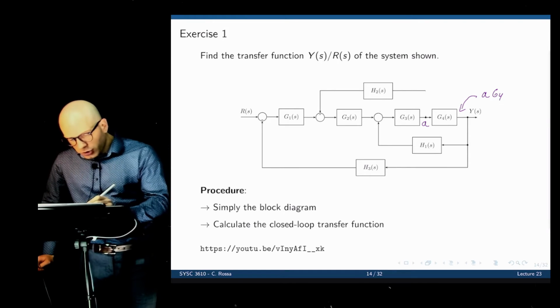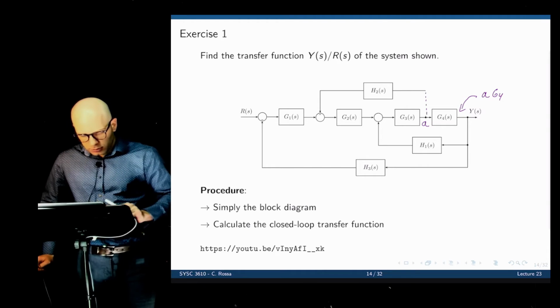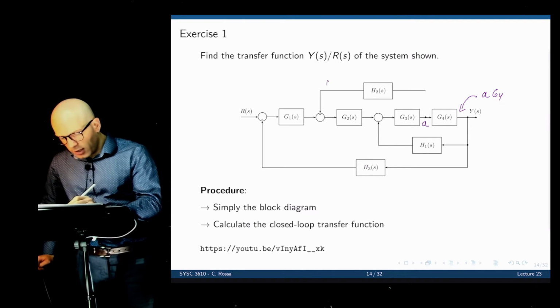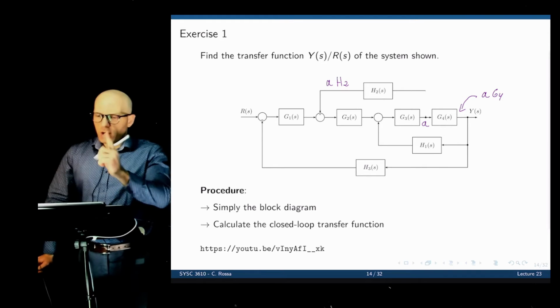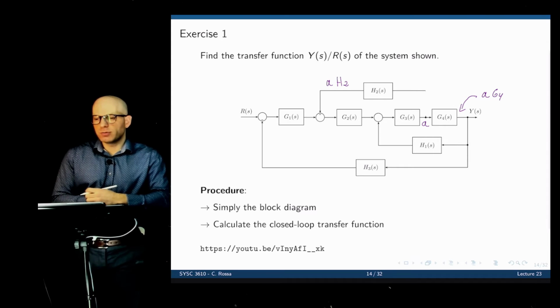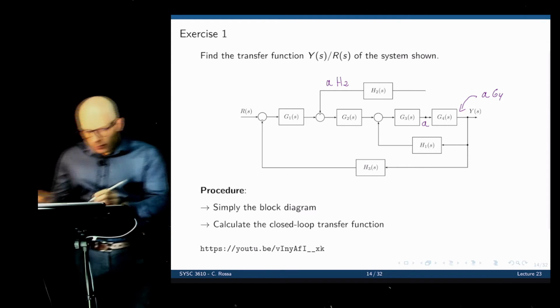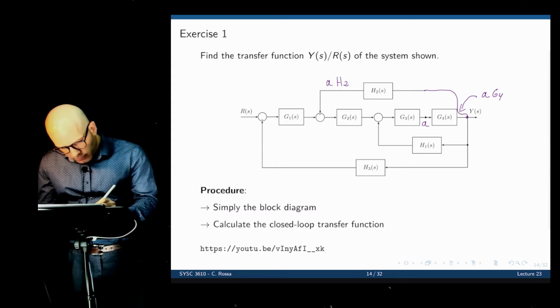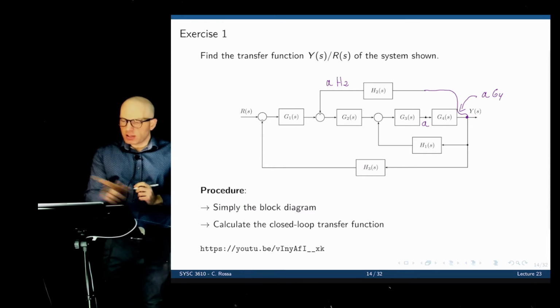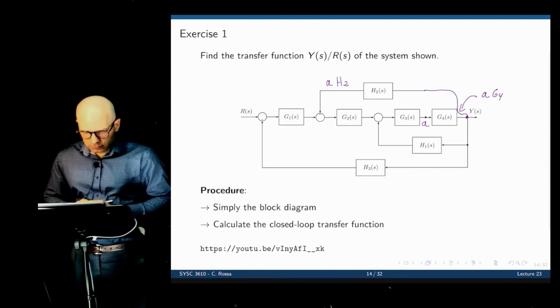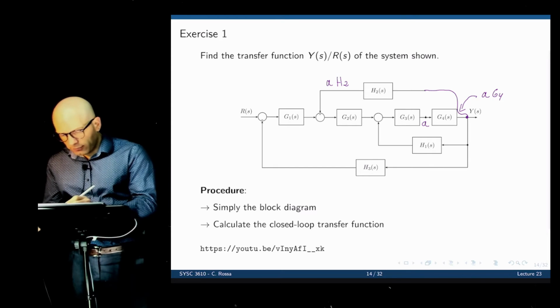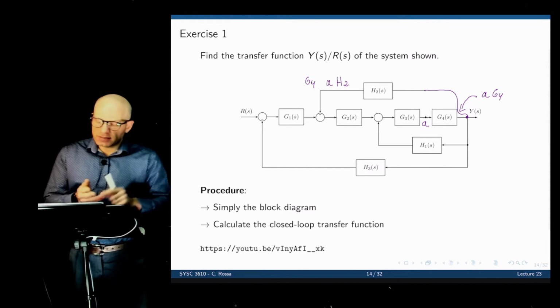Originally, past the H2, what did we have? We had the signal going down here. So we would have past G2, but G3, it would past H2, we would have A times H2. A would go up, would go through H2, and the output of H2 would be A times H2. But now this signal is going all the way there. And instead of feeding A to H2, we are feeding A times G4. So now it becomes A times G4, and the output here will be G4 times A times H2, which is not